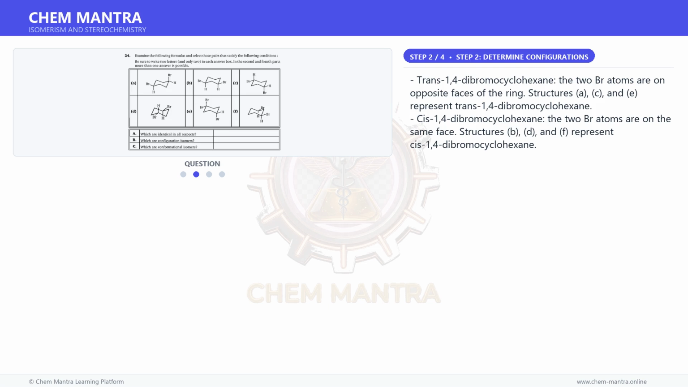Trans 1,4-dibromocyclohexane: the 2 Br atoms are on opposite faces of the ring. Structures A, C, and E represent trans